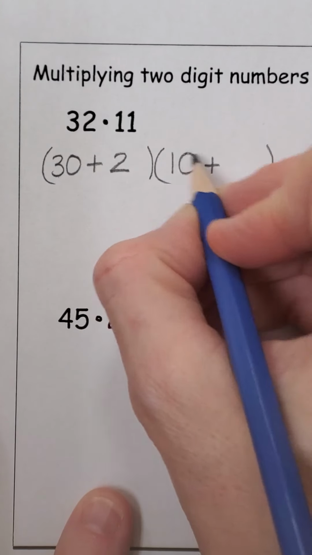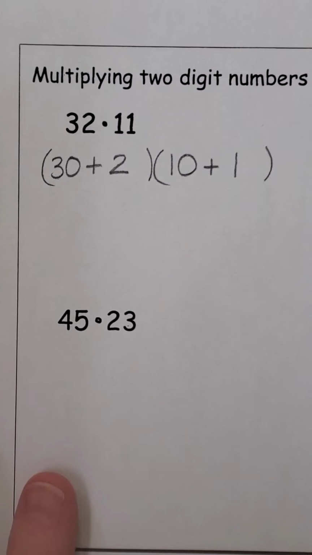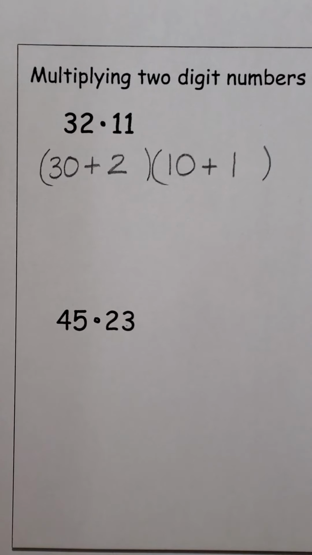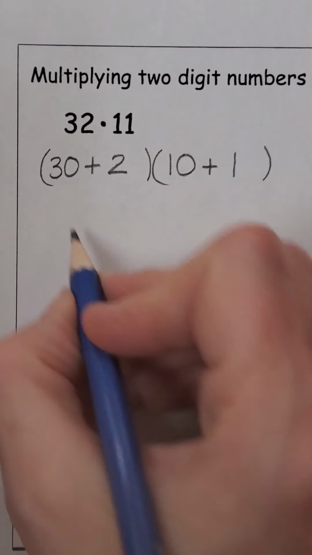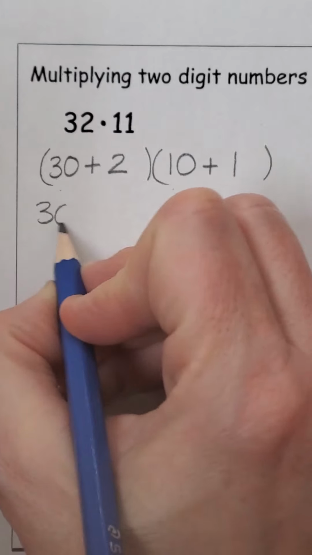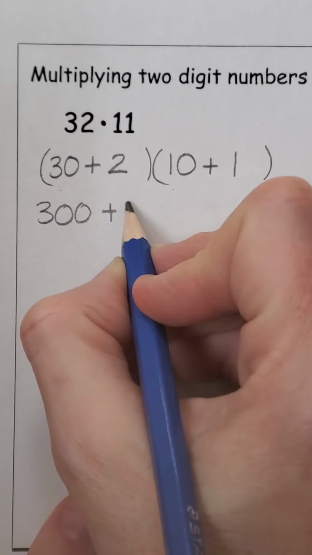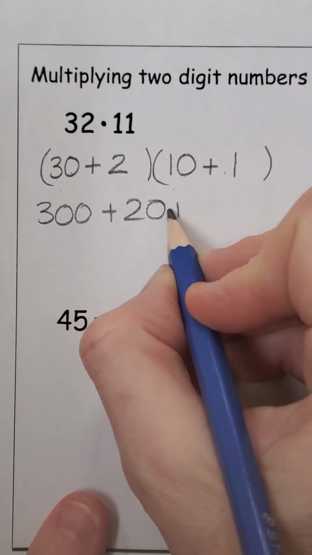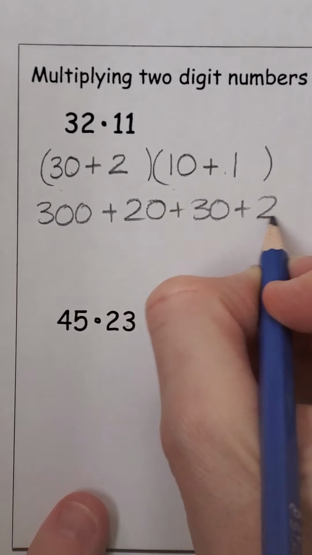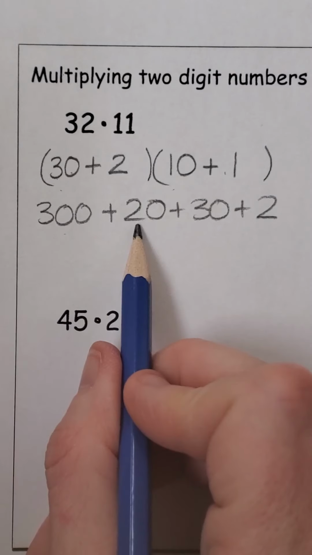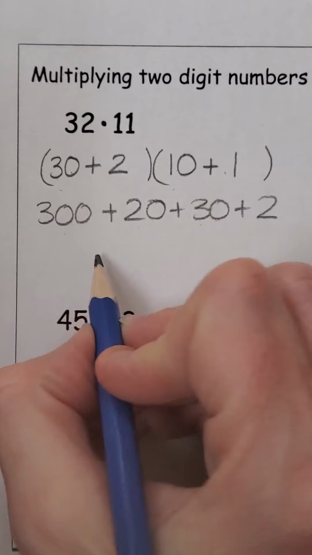This allows us to follow that same pattern, where we multiply the firsts, outsides, insides, lasts. Because we have no variables, it really doesn't matter what order. So 30 times 10 is 300, plus 20, plus 30, plus 2, and so then we have 320, 350, 352,